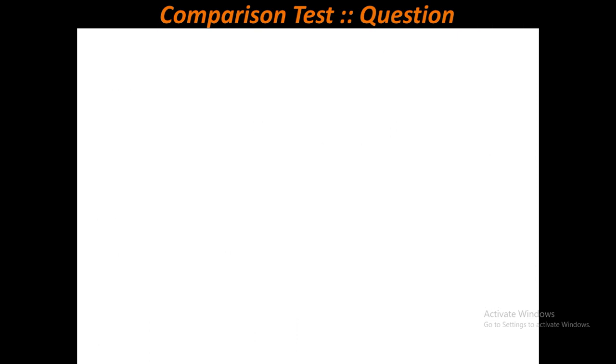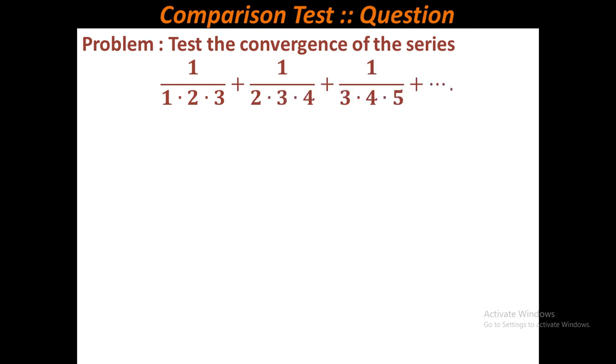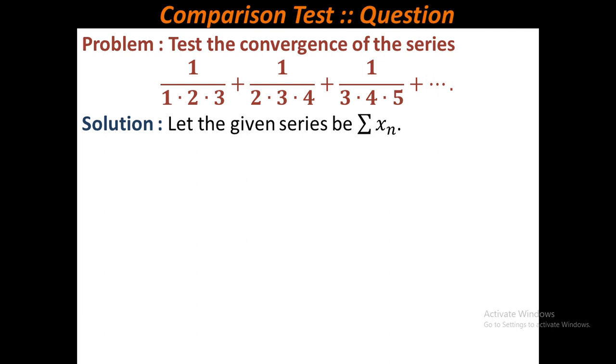However, I will go to another problem which was also discussed in the previous video using the convergence test in general form. The series was 1 by 1.2.3, 1 by 2.3.4 plus 1 by 3.4.5 etc. Clearly the general term of the series can be written as summation xn. What will be the xn? You see that in every term the numerator is 1, but in the first term the denominator is 1.2.3. The second term starts from 2 and then increases by 1 and then by 1. Third term 3, 4, 5. So xn must be 1 by n into n plus 1 into n plus 2.